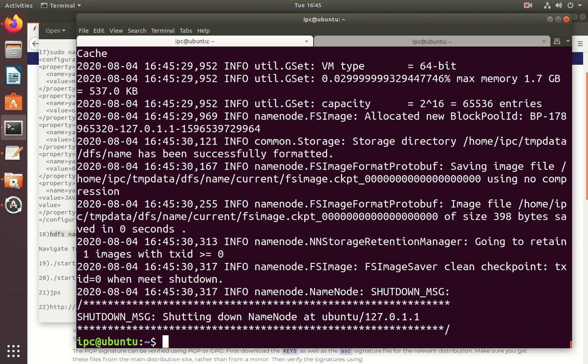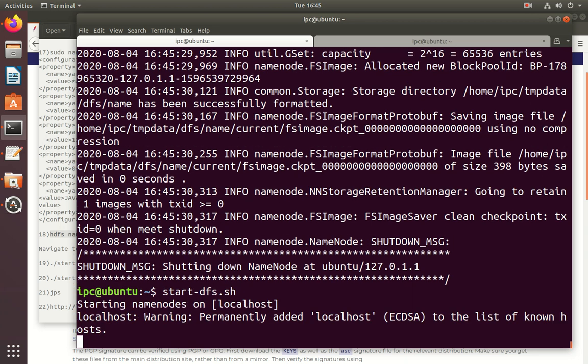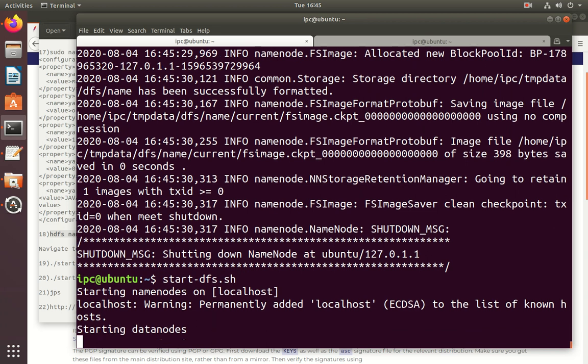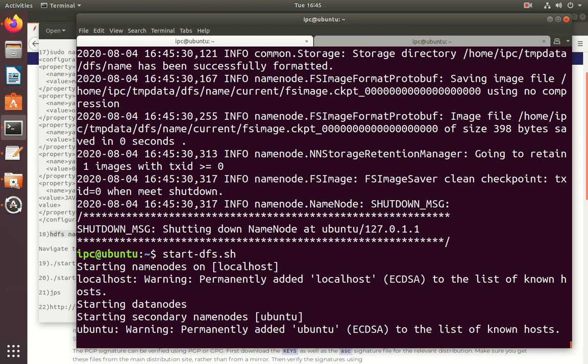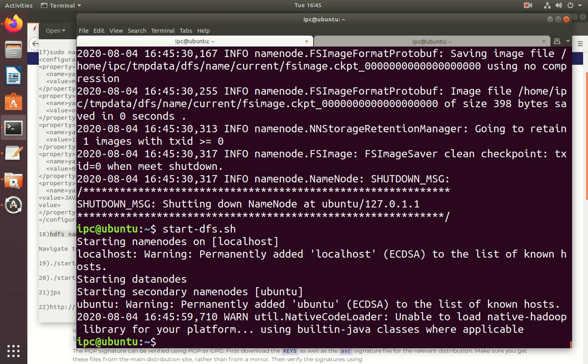And next, start the Hadoop cluster by using start-dfs.sh. See, the name node is started and data node is started, and secondary name node also started.